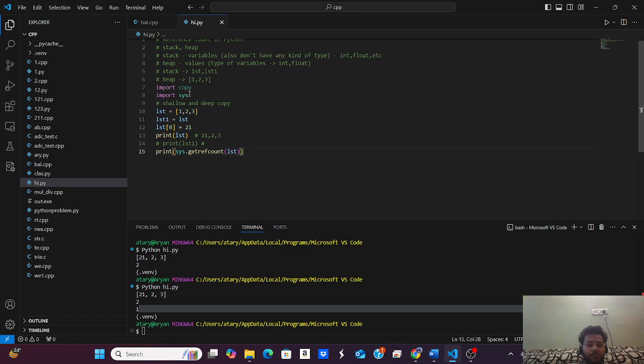Now we have created one variable LST and LST is referring to it. We have changed its value and printed that. Now if I will try to